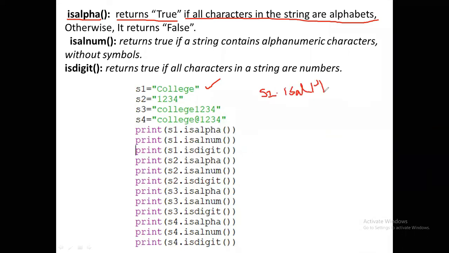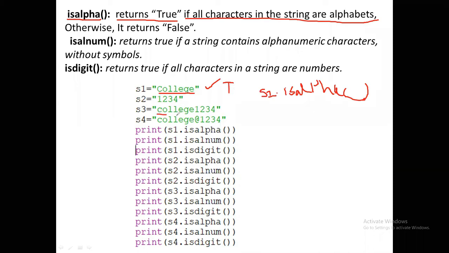What does it return? It returns true if all the characters in the string are alphabets. In this, all the characters in the string are alphabets, so it returns true.